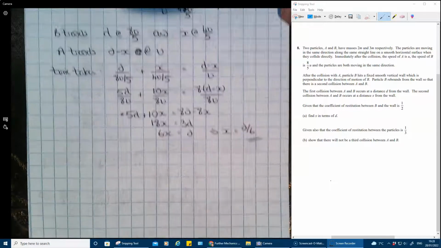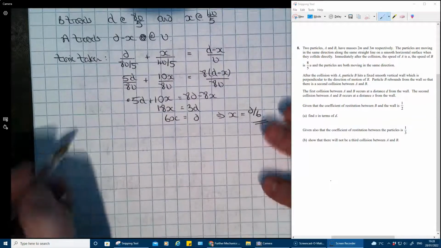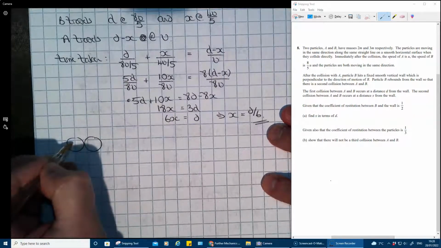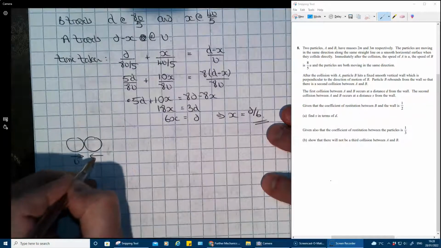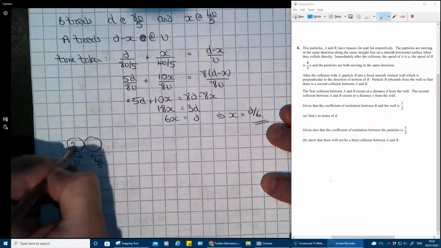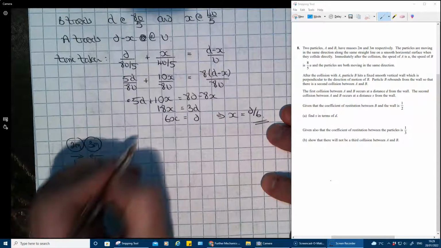So after that collision, let's draw it again, sorry. So we've got 2m, 3m. This is going at u. This is going at 4u over 5. Mass 2m, mass 3m. That's before, and afterwards